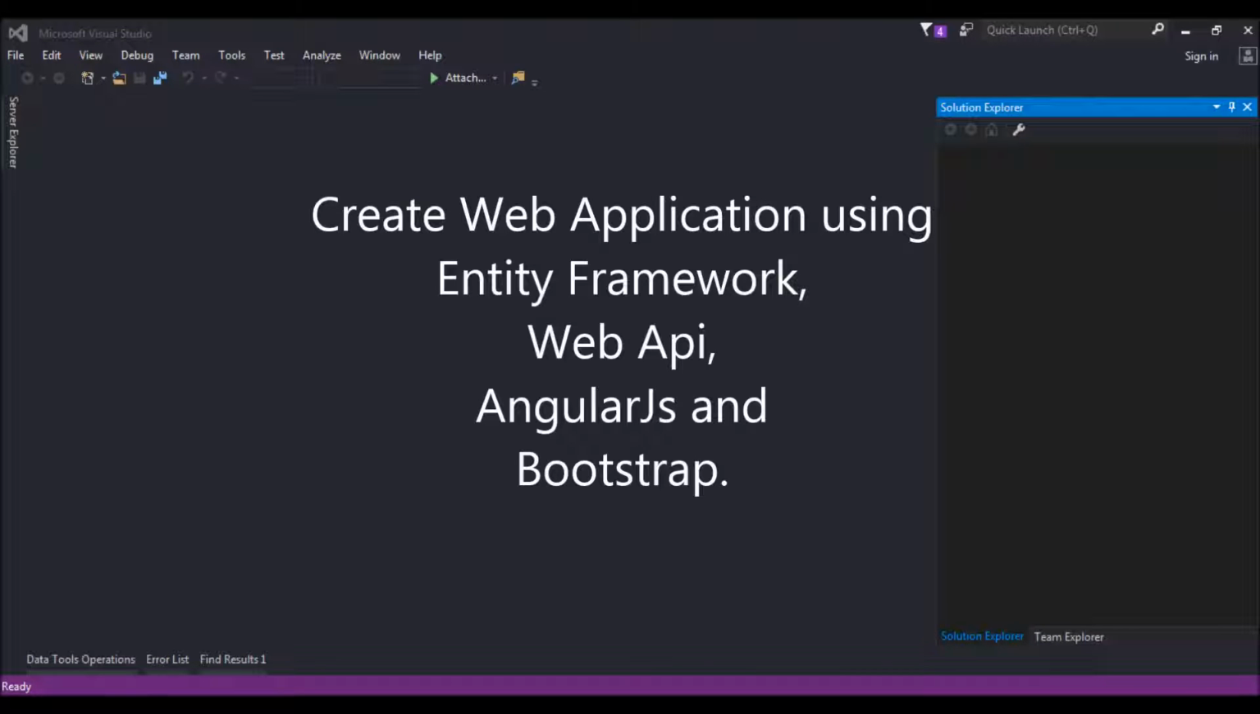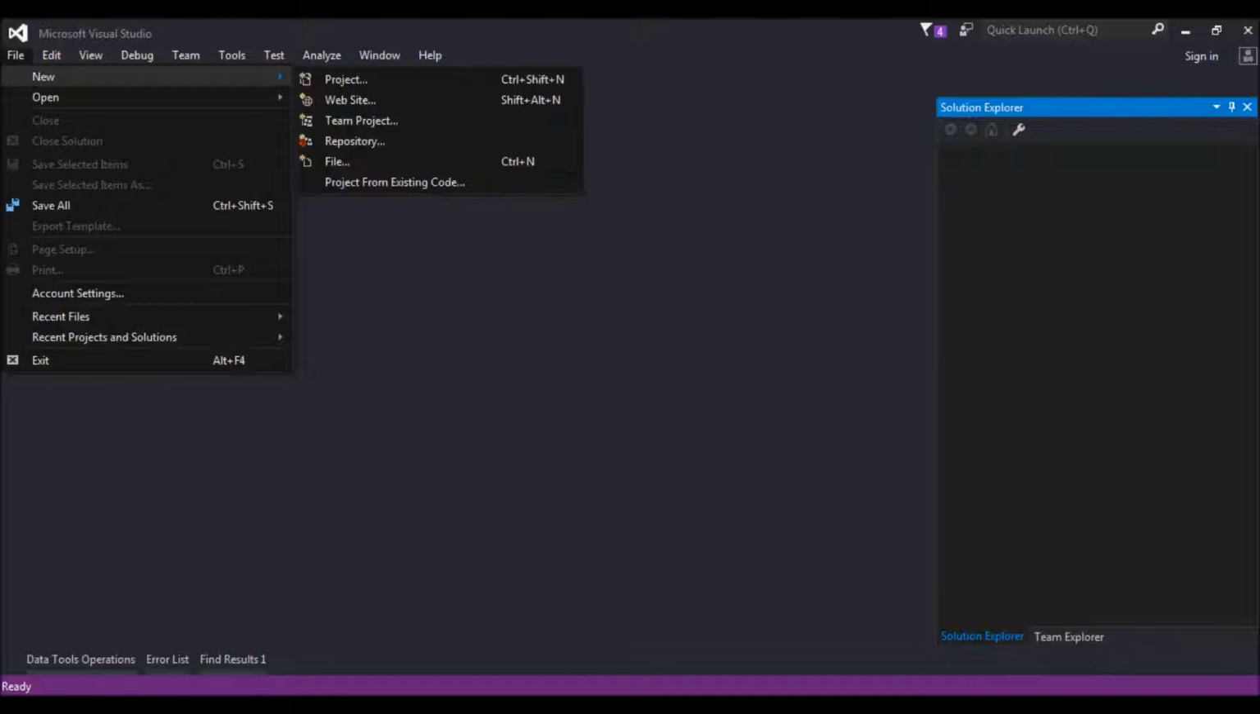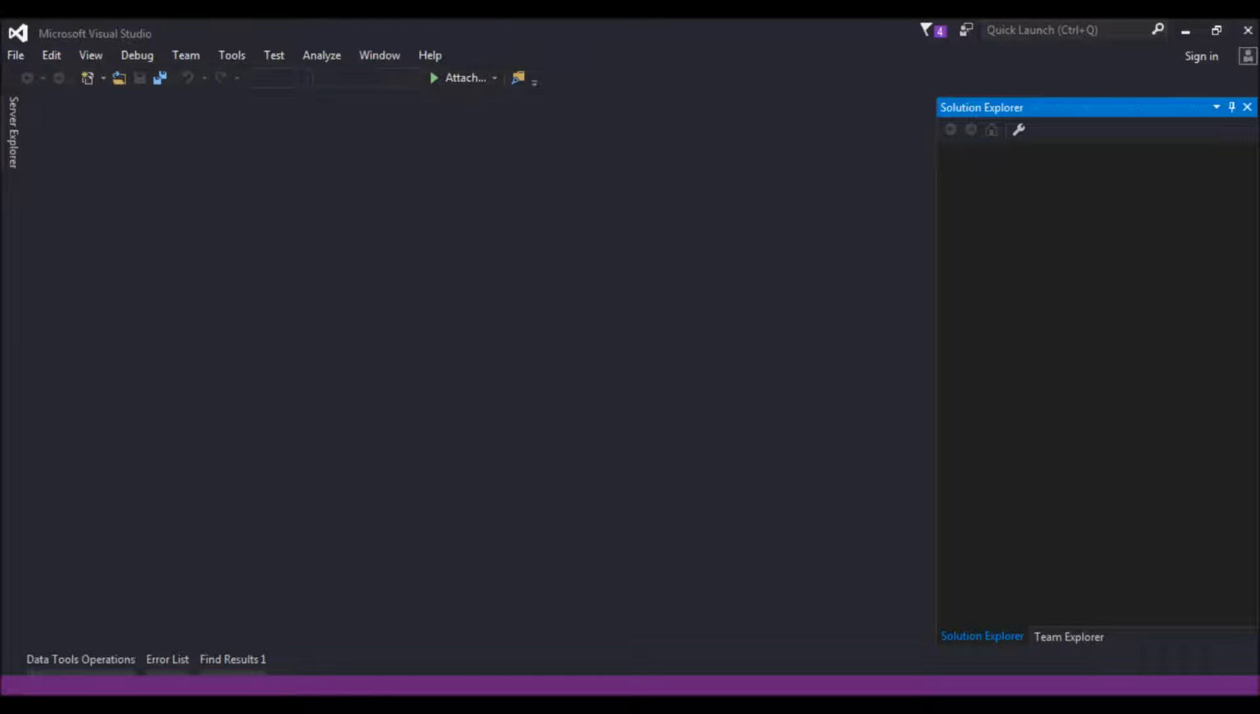Hi friends, today we'll create a simple web application using Entity Framework, Web API, AngularJs and Bootstrap. So let's get started. Let us create one project